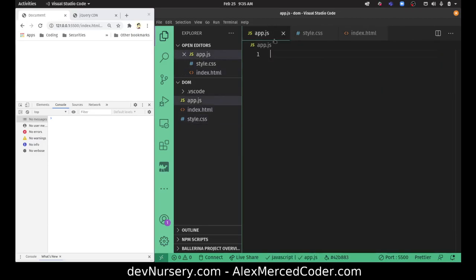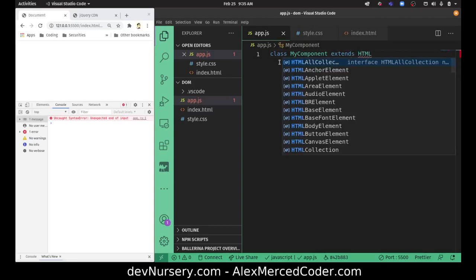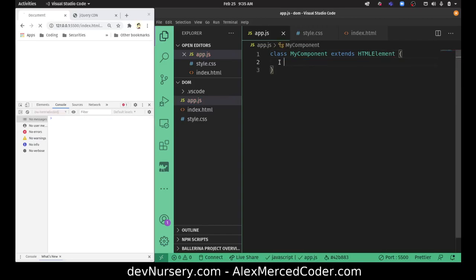What you do is you use classes. So you're going to create a new class. We'll call this class MyComponent, just as an example, which is going to extend HTMLElement. HTMLElement is the base class you'll use to always create these. So basically, the starting place is always MyComponent extends HTMLElement, and then you have to